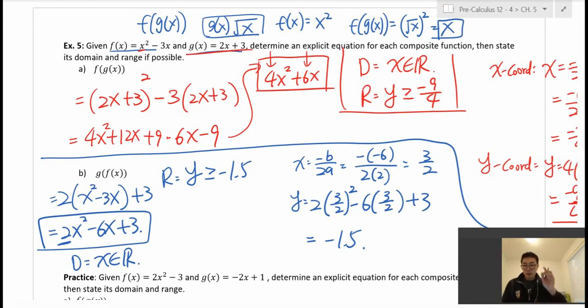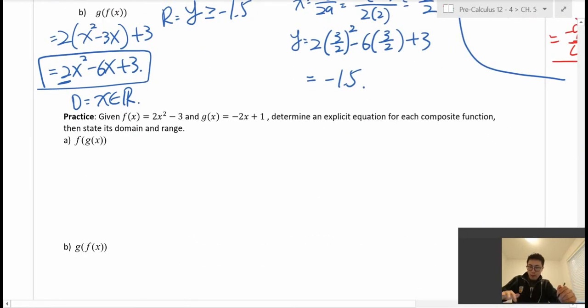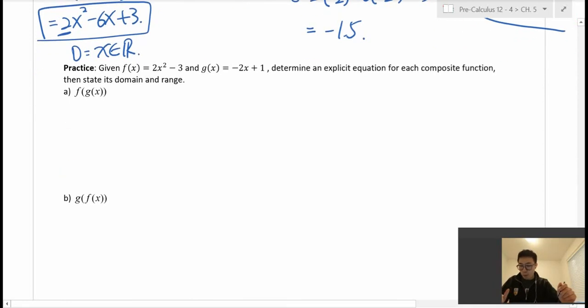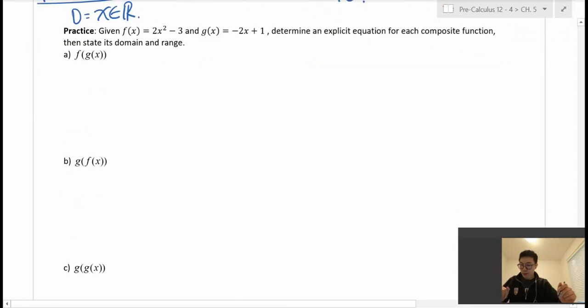Okay, so you got to be careful when f and or g, the domain is not all real numbers, then you got to be careful with your domain for your composite function. Okay, so it's not just the end result that you see, because you got to watch out for the original functions f and g as well. Anyways, in the practice, both of these functions are still all real numbers for the domain, so there's no problem with the composite functions. So I'll let you try these three,